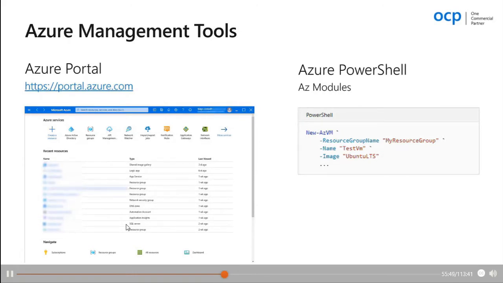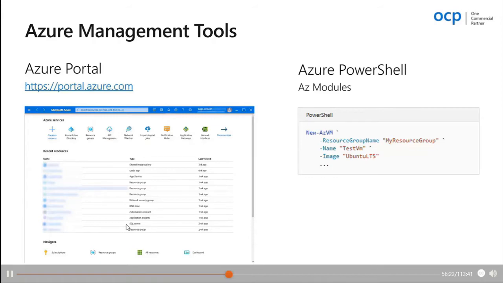So the Azure Portal is the web interface that I can use to manage my resources. Very easy. You just go to portal.azure.com, log in with your Azure account, and then you can just click here, there, and there, and you can create, delete, and manage your Azure resources. But to be totally honest with you, it's very much a clicking experience. It is good for certain actions, ad hoc queries that I need to do, etc., but it's not the best